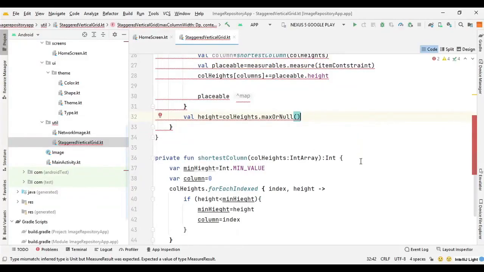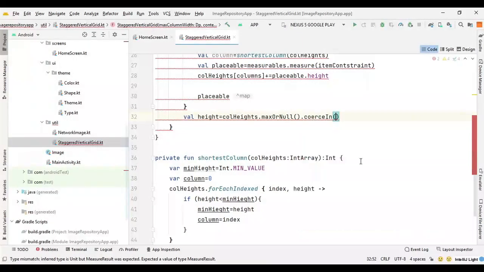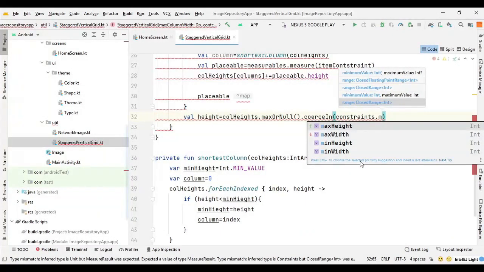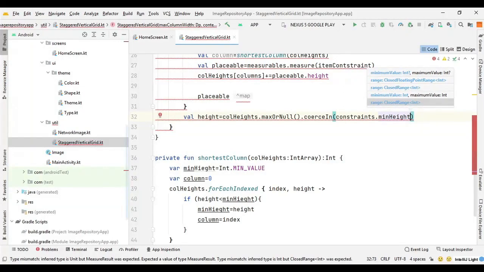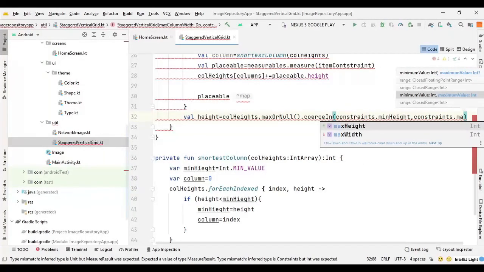So it should not be less than minimum height or more than max height. So we can use the coerce in function to constrain it. So we can say dot coerce in, and here we need to provide the constant for minimum height and maximum height as well. So we can say constant dot max height,